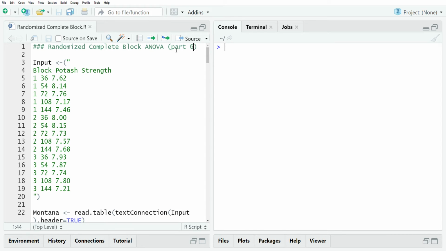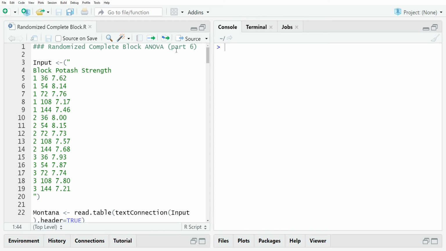Hello, this is the next video in a playlist that I'm calling General Linear Models, Design of Experiments. And this is part 6 of a little mini-series that I'm doing within that playlist. This mini-series deals with randomized complete block designs. And what we're going to do is cover in R what we did in the first 5 parts. So if you haven't watched the first 5 parts of this little mini-series, some of what we do may not